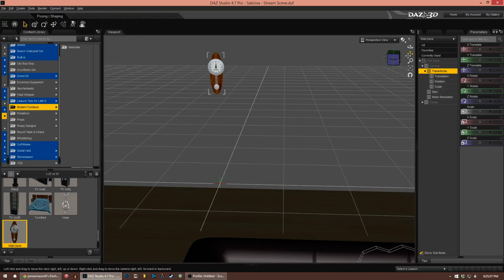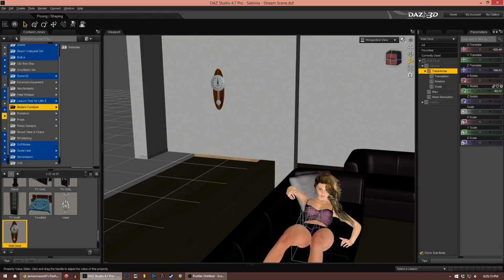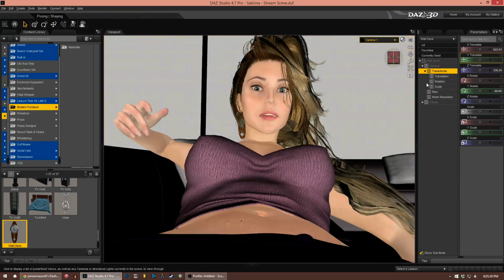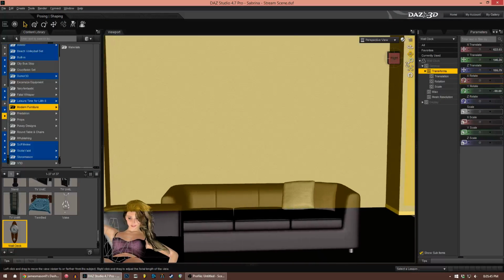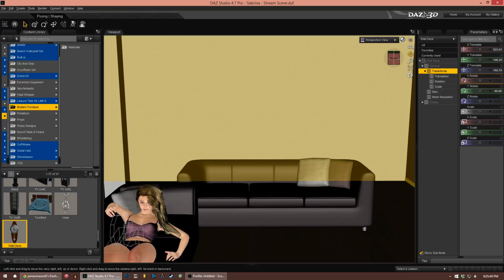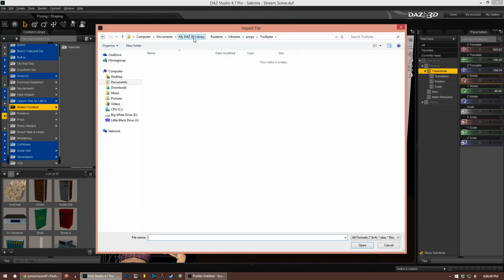Why not? And then it might be nice to throw some kind of painting up on the wall, just as some, I don't know, decor. Let's